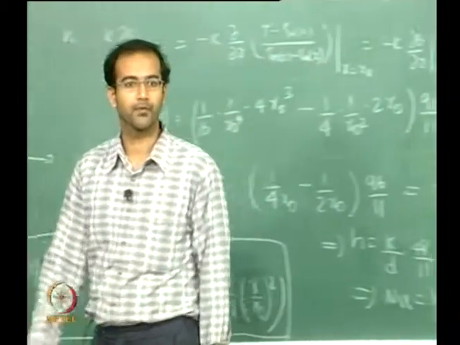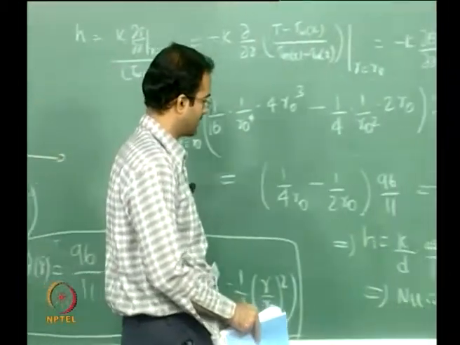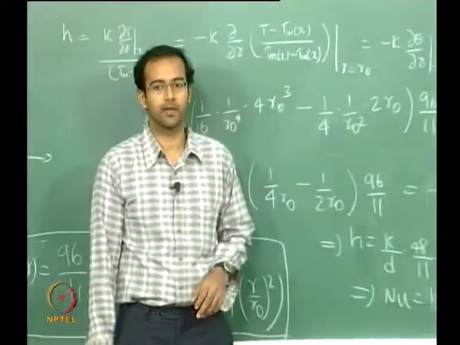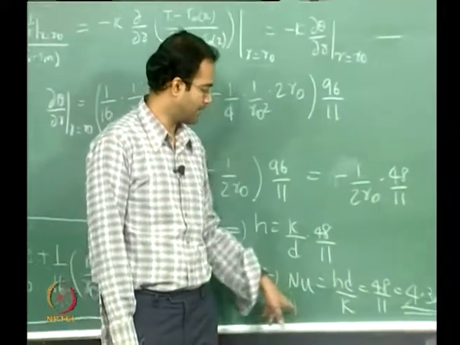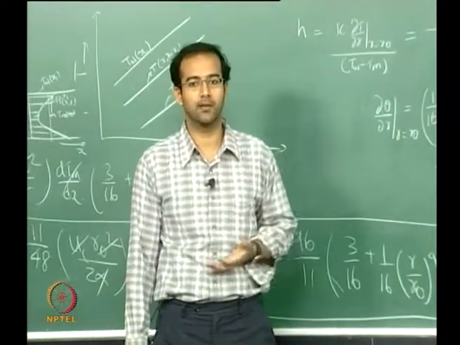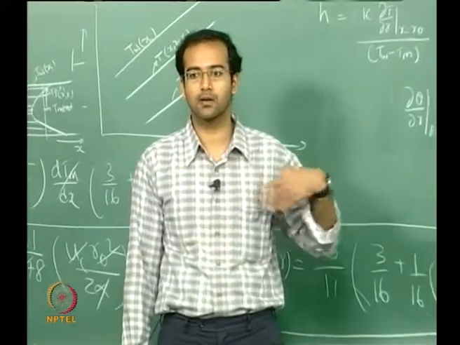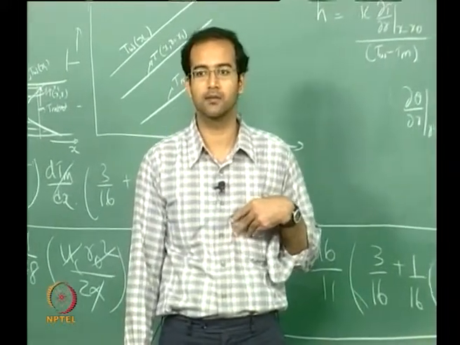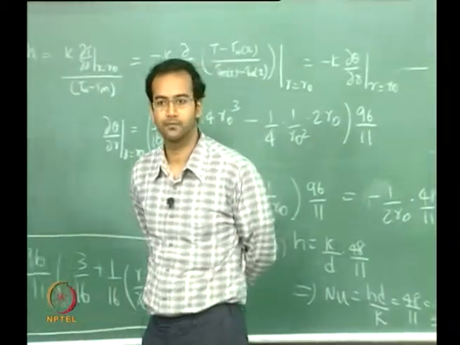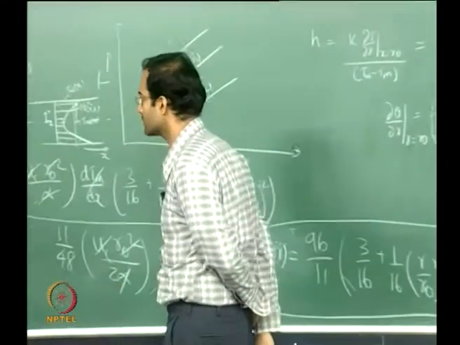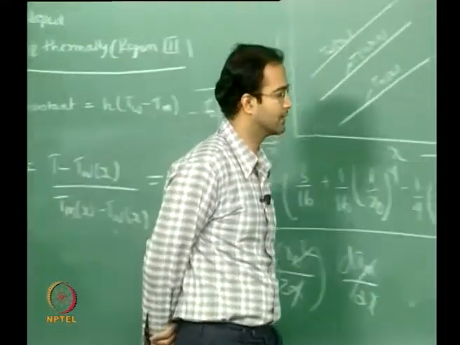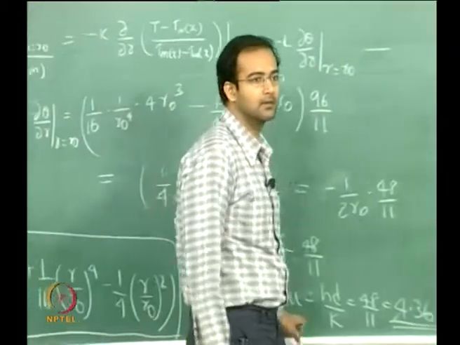Okay. So finally you get your heat transfer coefficient as a constant value for a given diameter, k by d into 48 by 11. Therefore you can define a Nusselt number for internal flows based on the diameter of the duct. So it is not a local Nusselt number anymore, and if you define it like that you get a constant value, 4.36. So for internal laminar flows, both hydrodynamically and thermally fully developed, and for a constant heat flux boundary condition, this is your constant value of Nusselt number, 4.36.